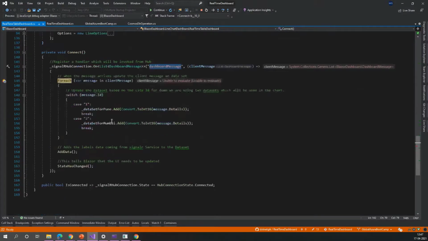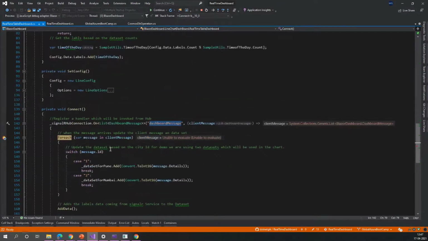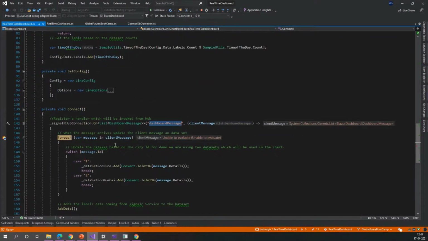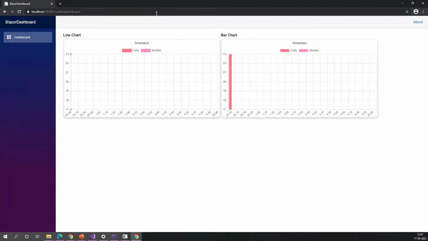This is the client side code, the Blazor code which is getting called from our Azure function. In this we have some metadata, or our own logic to display the UI. You will see here.